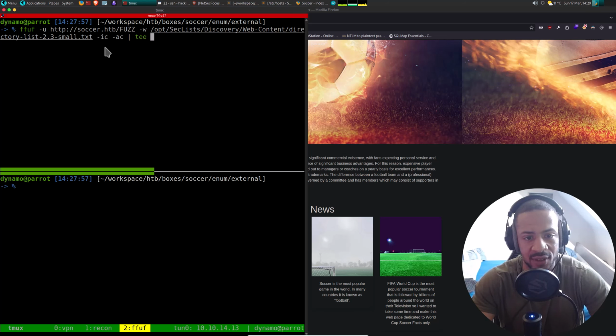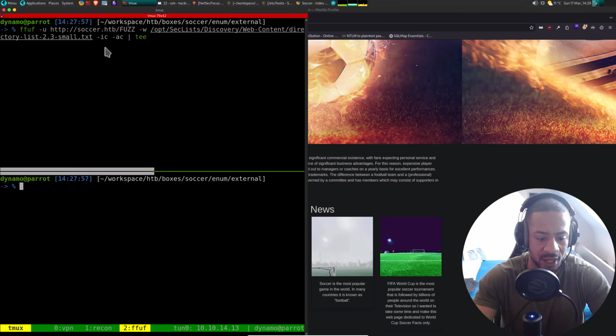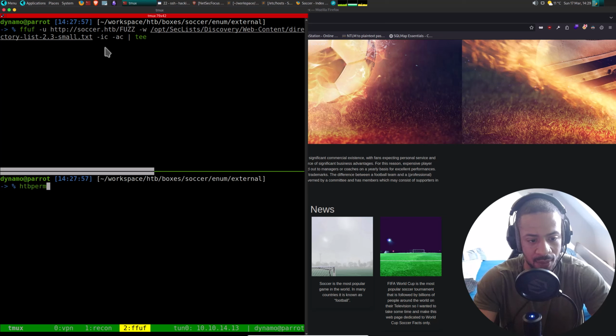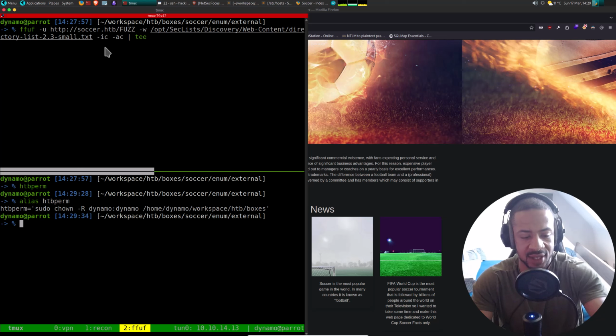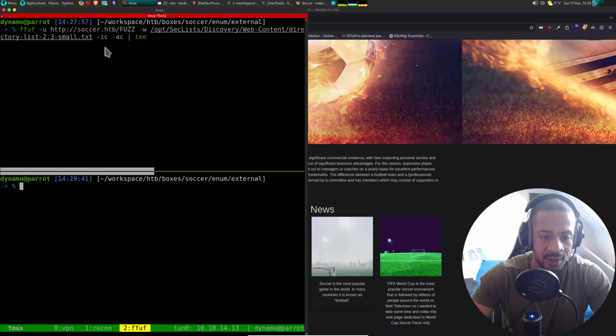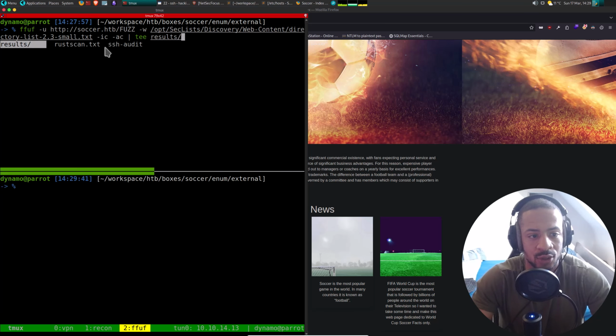And then we're going to save the output to, before I forget, let me go here and do htb-perm to give me permissions in this folder. You can see this is just to give me my local user permissions back in this folder so I can write.